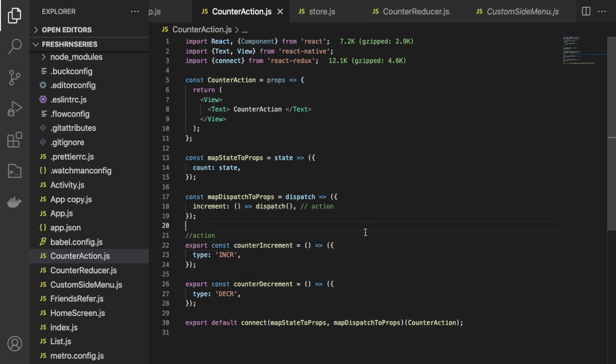You can also create only one action. On the basis of type we can define whether it is decrement or increment. But for now, to make it simple, I am just creating two different types of action and dispatching those actions here in the increment and in the decrement. Okay, so if it is increment, then we have to call this increment.